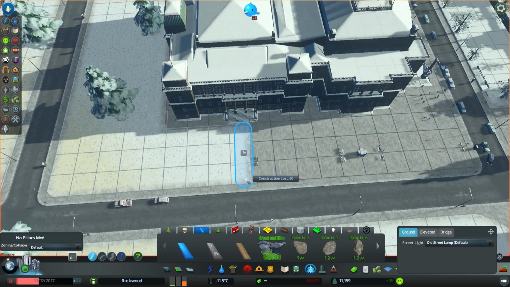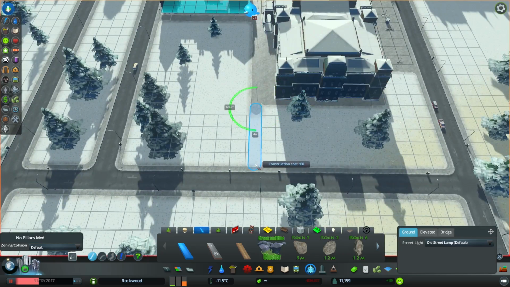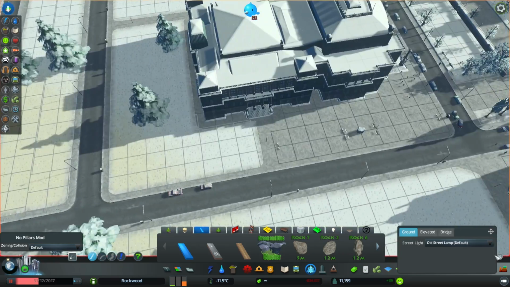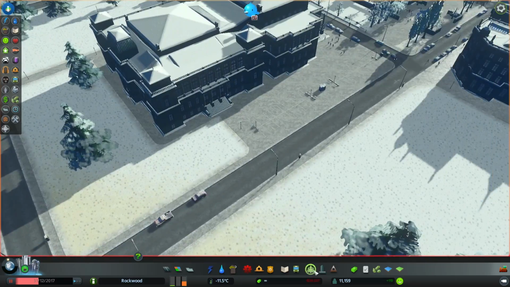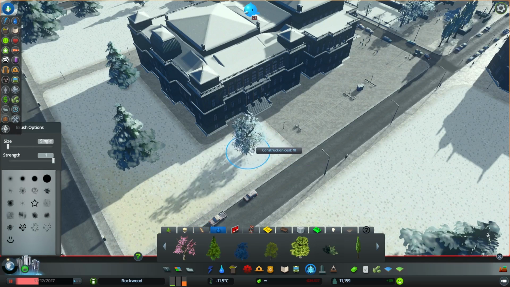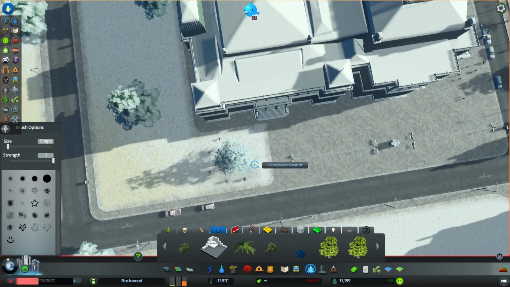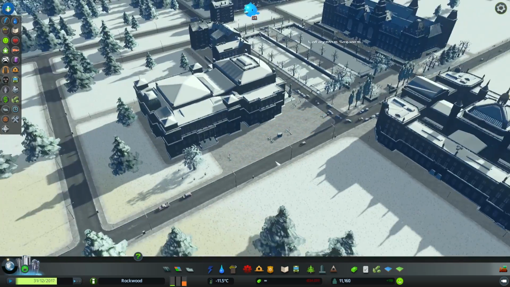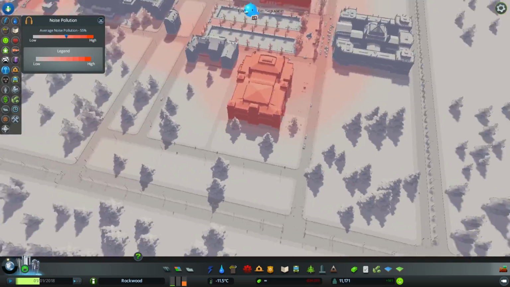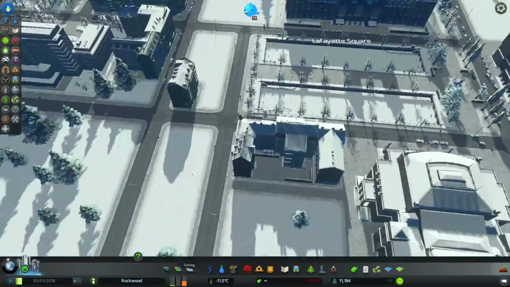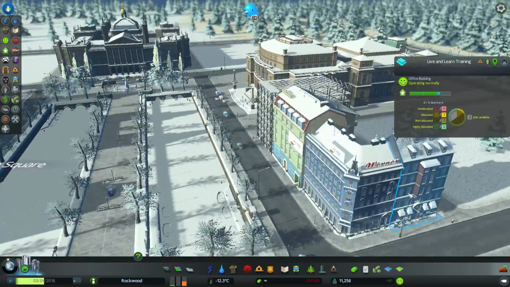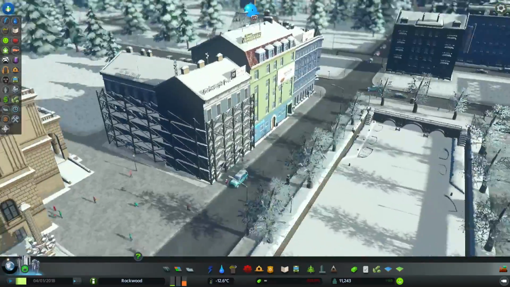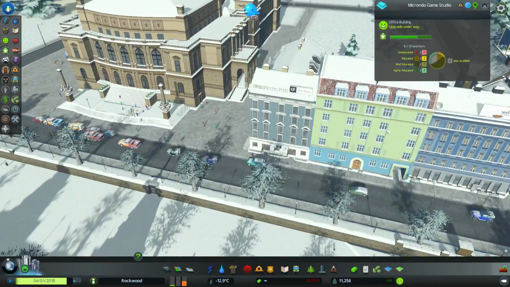Like, you know, I put the paths, and there was some ground not covered with pavement left, so that's why I put some pavement as well. But anyway, let's just put a tree and surround it with some bushes, like create a nice circle. And you see, we got pavement right next to the parking lot, right next to the university and this big building from Czech Republic. And you see, we got the